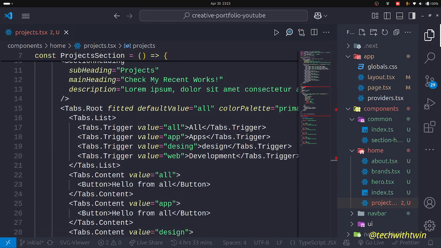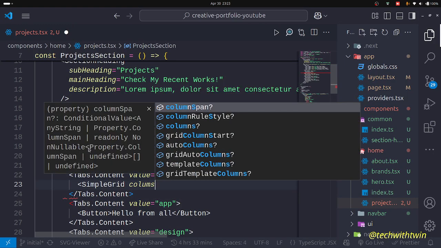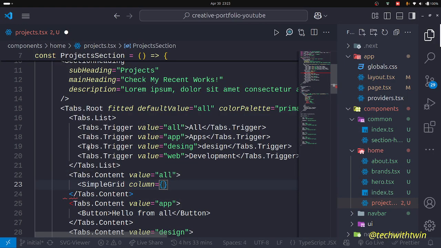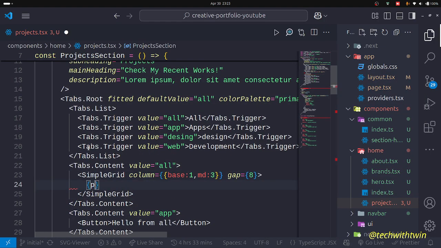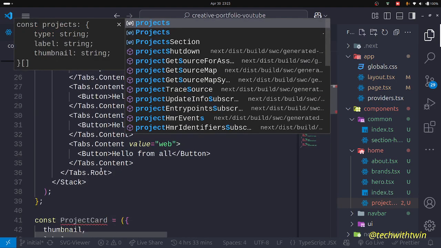Okay, yeah, I hope I'm not confusing anyone. So the first thing we can do, remove the button and then a simple grid. Then I'll just write responsive styles right away because they are simpler. During the base I want one card or maybe two. Actually, let me have one, and then from 768 we have 3, and then gap of 8, and then projects, our projects here,